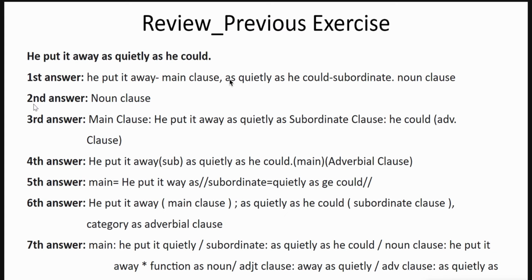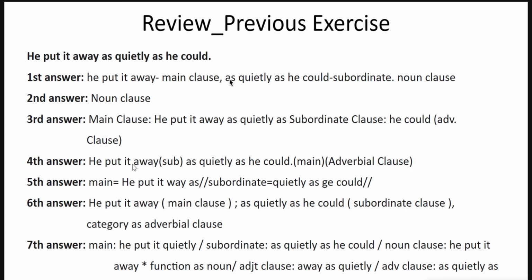Now, number 2, the answer is just noun clause without giving more information which one is the noun clause, which one is the independent clause. I'm afraid that when you're having examination or during the test, you answer pertanyaan seperti ini gitu, jadi nanti nilainya bisa salah semua kalau seperti ini ya. Number 3, main clause, he put it away as quietly as. Should I stop here? As. I don't understand number 3. Ini saya cuma benar-benar copy paste dari jawaban, tidak ada yang diubah. Kalau modelnya seperti ini kurang tepat.